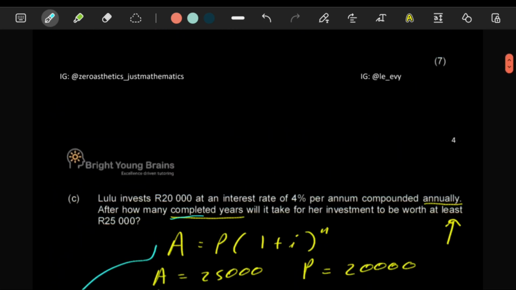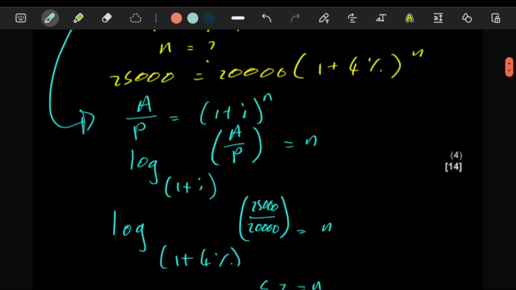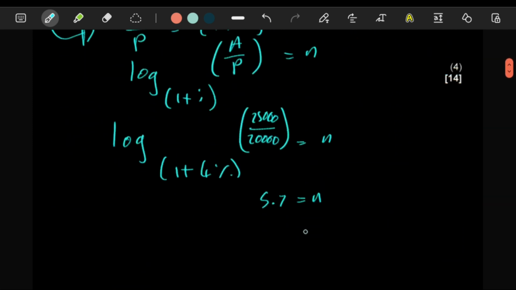They asked how many completed years, so clearly you're going to need to round upwards here. You can say here, therefore n is approximately equal to 6. Let me write it like this. Therefore,